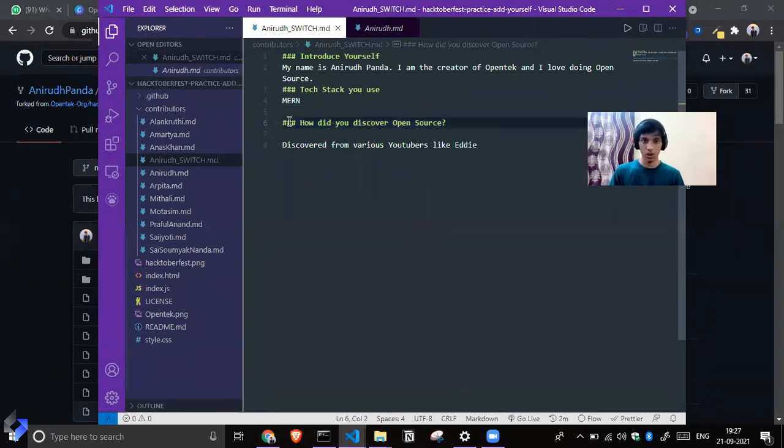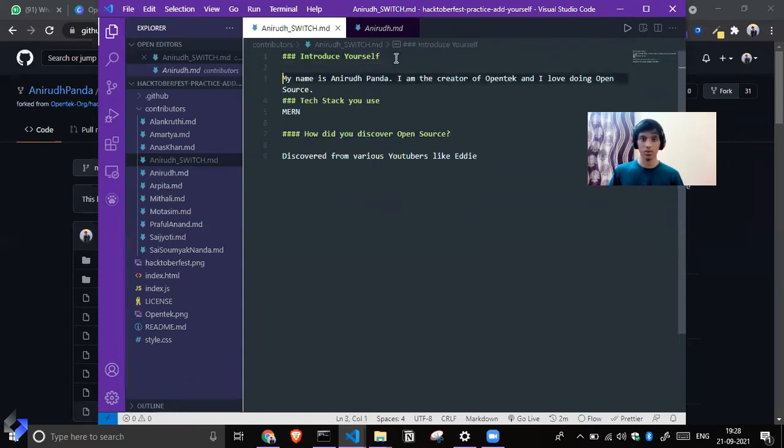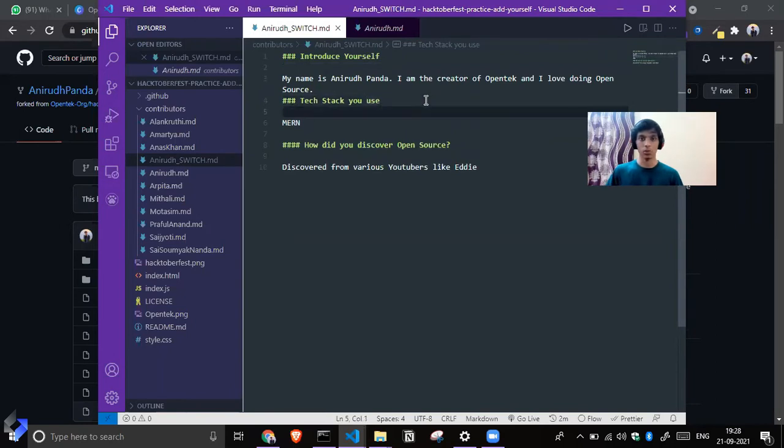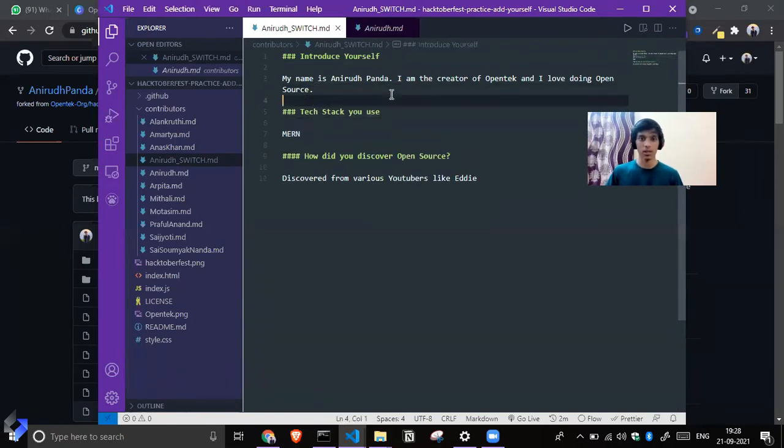This one is H1, this one is H2, this one is H3, and if I put one more, now this is H4. If you know the basics of HTML, you know H1, H2, H4 are headings of different sizes. This is the markdown syntax we are using in GitHub. MD stands for markdown. It is just a practice pull request, so add anything you like here.